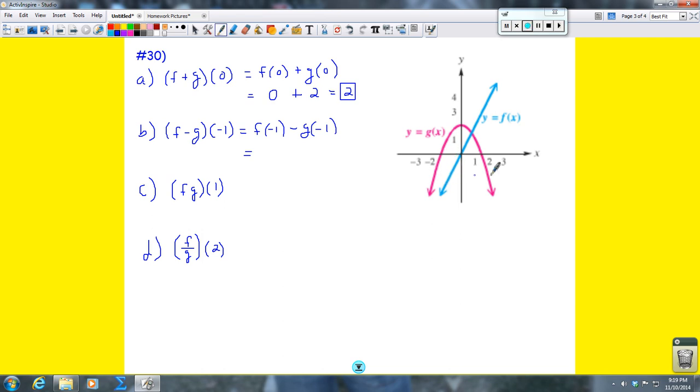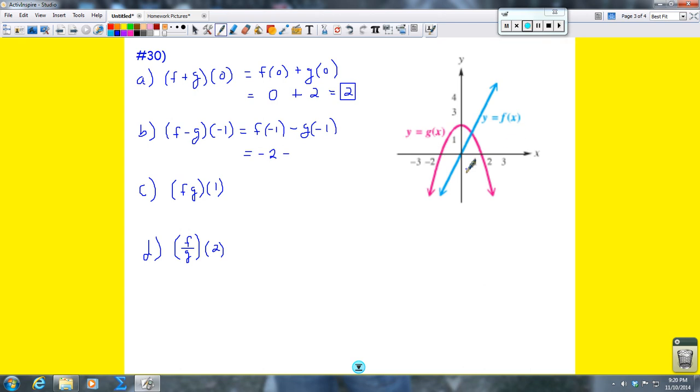And it looks like, now, here's the thing. I took this little picture out of the book, so please look in the book at this time because I'm doing the same thing, because apparently all the little grid lines didn't copy over. I'm looking at negative 1, and it looks like negative 1 meets the blue line at negative 2. So if you look down here, you're going to see a negative 2, and that's where the blue line will meet negative 1. So that means that f of negative 1 is negative 2